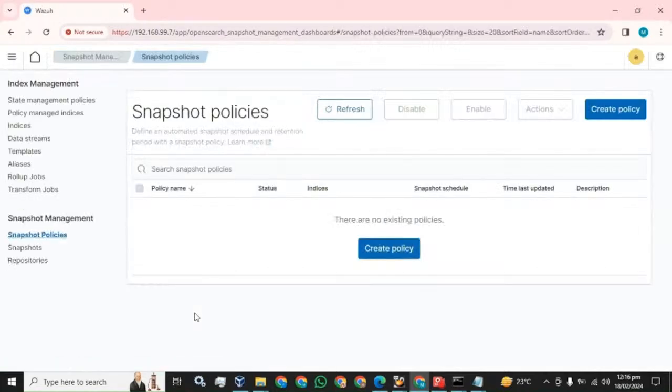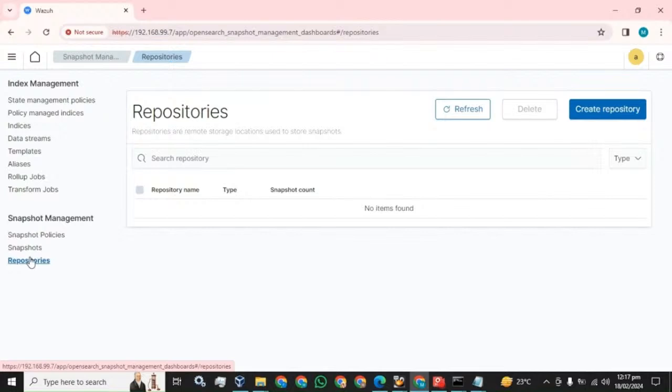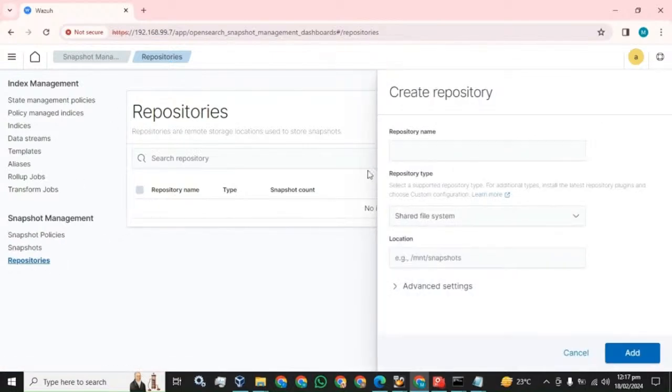It got stuck because I have restarted the Wazuh indexer service. Now the first step is we have to create the repository name. I named it backup fab